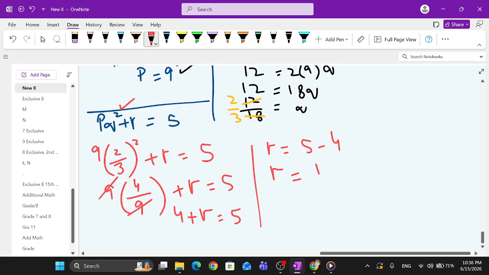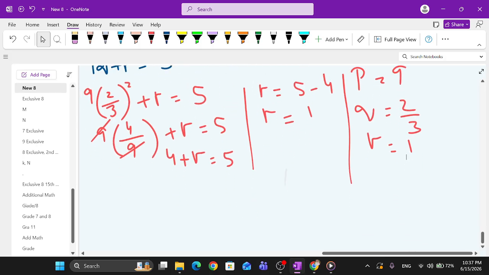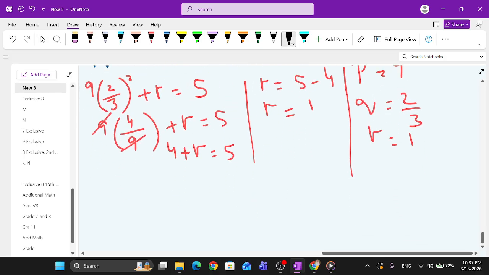Right? Now we have got all three values. P is equal to 9, Q is equal to 2/3 and R is equal to 1. So from here now we have to find the coordinates of the minimum point. So the coordinates of the minimum point are